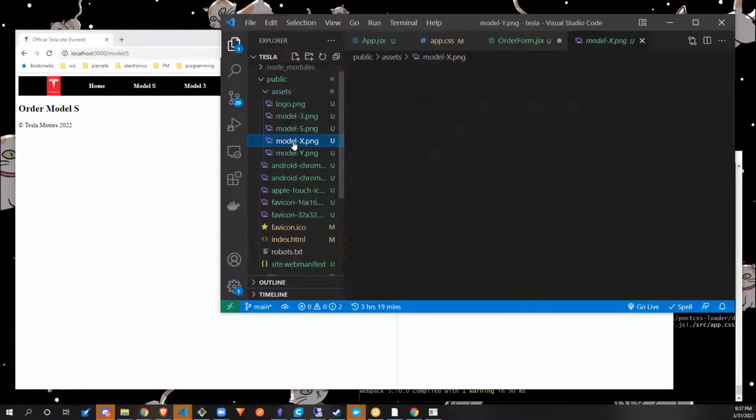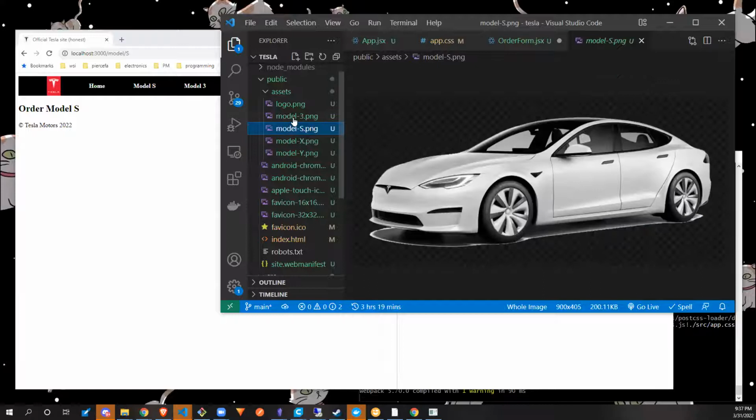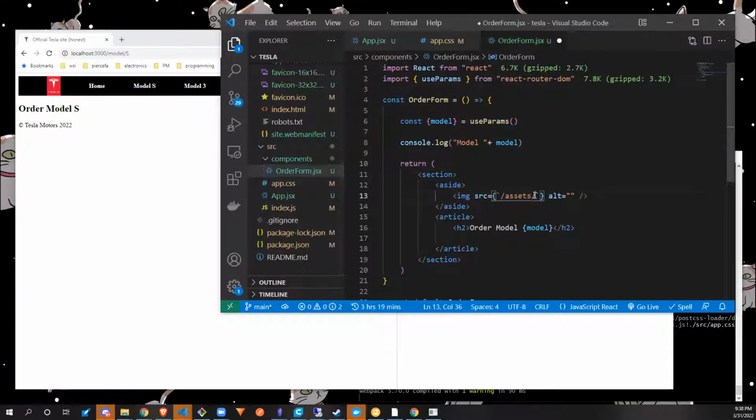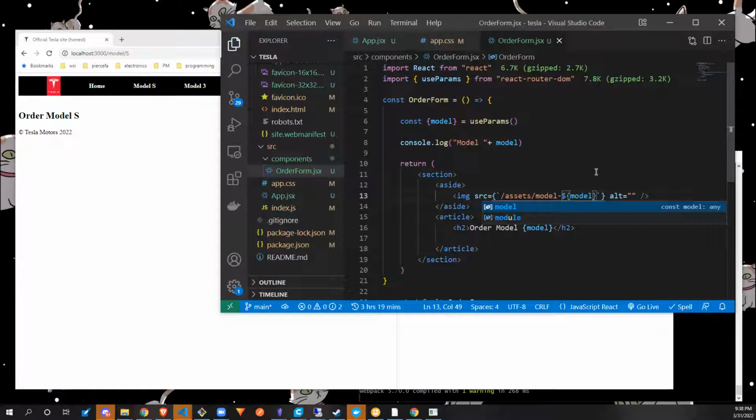All right, cool. So I have X, S, 3, Y. So if we go to model dash and then do dollar curly brackets, so we break out of the string, and we just put model in there. We'll do an alt tag of